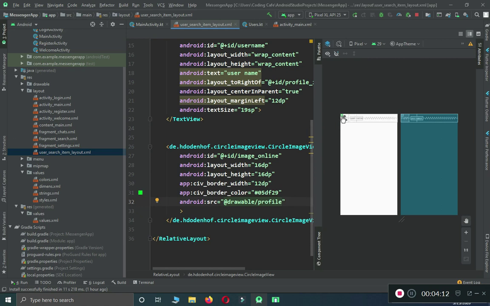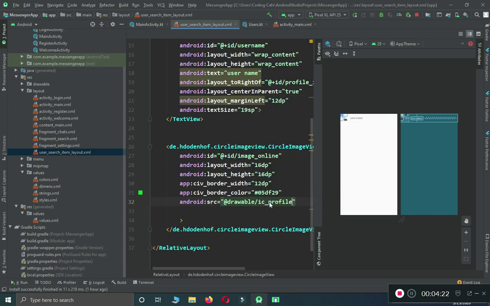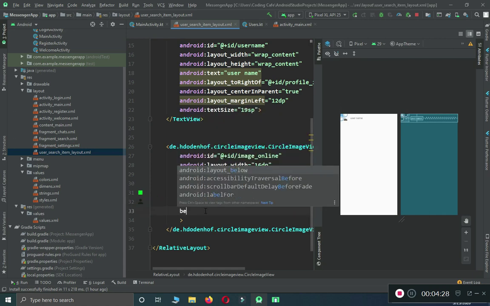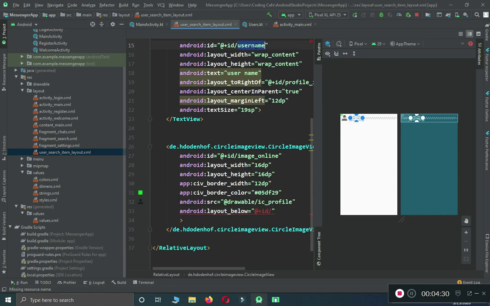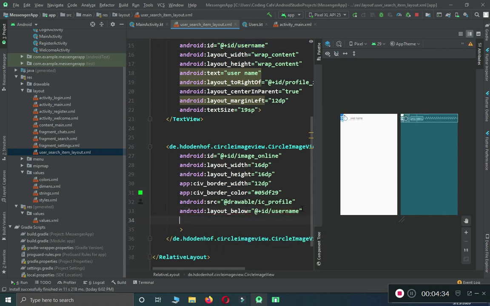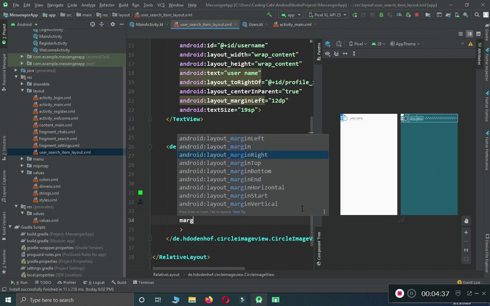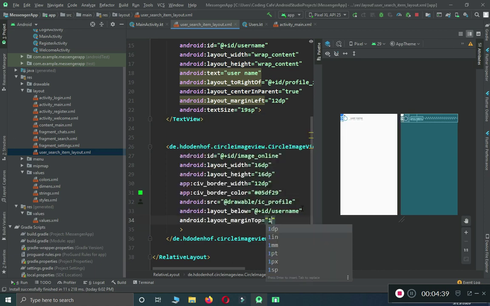Now we have to move it here. By the way, we have two icons: one is named profile, which we downloaded in the previous tutorial, and the other one is ic_profile. So whatever source you want to add here, it will display here. Okay, and let's move this below the username. So we can just pass this ID here, and then the margin from the top will be 12 dp,